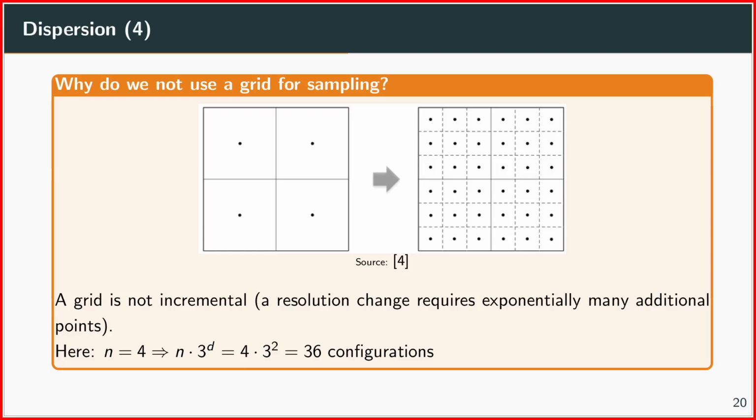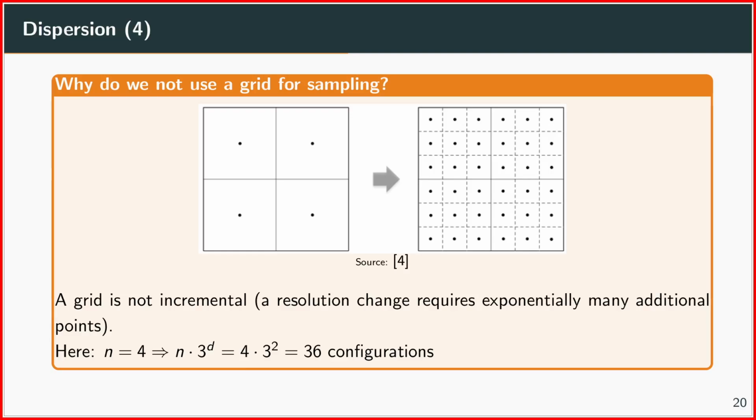And another one which is important is that a grid is not incremental. So if you actually change the resolution of your grid, it usually requires exponentially many additional points. And so here's an example. We have started with 4 points, and maybe we don't have a solution. And one way you can overcome this is making the grid smaller, just adding one more step here